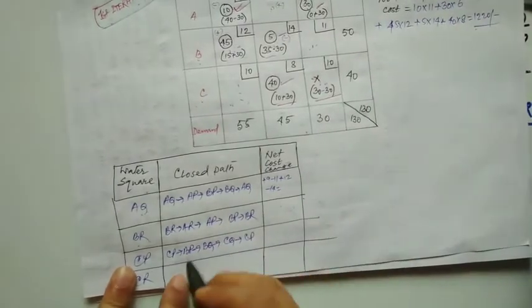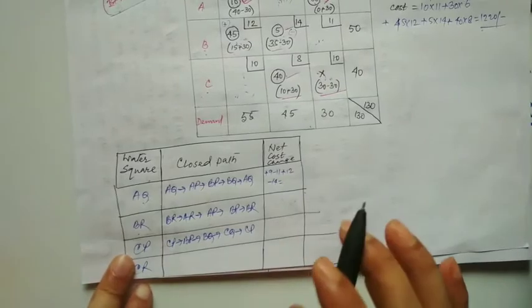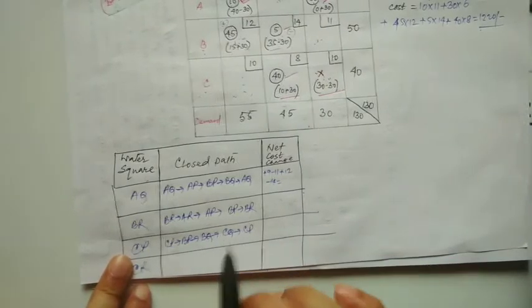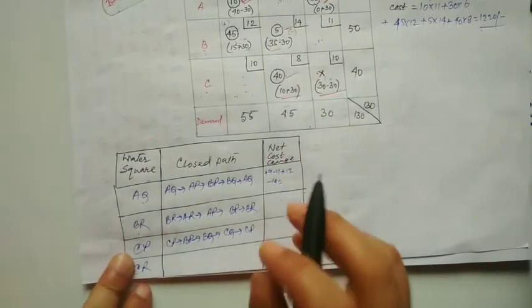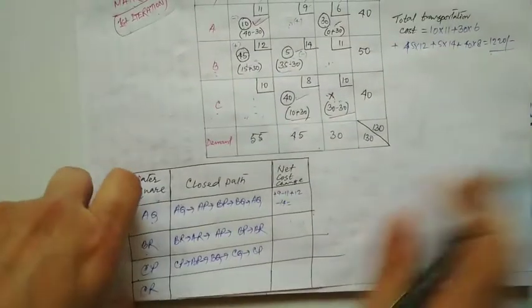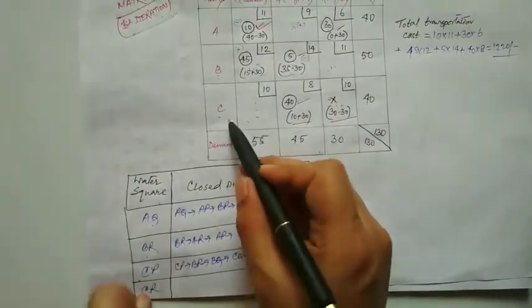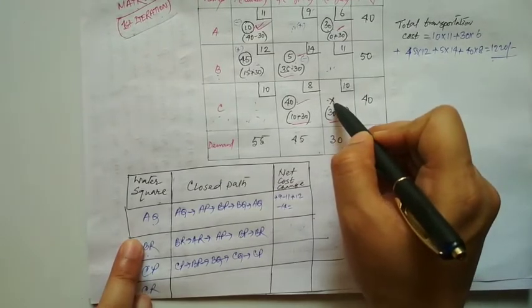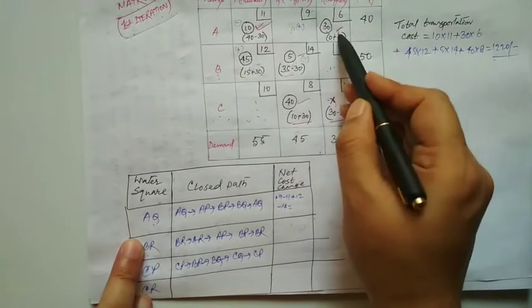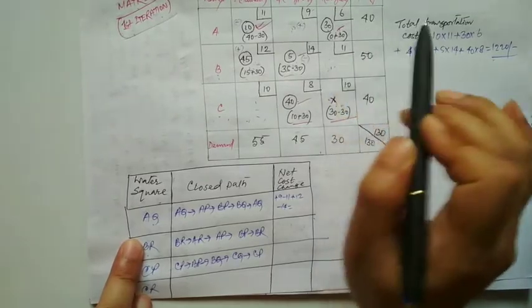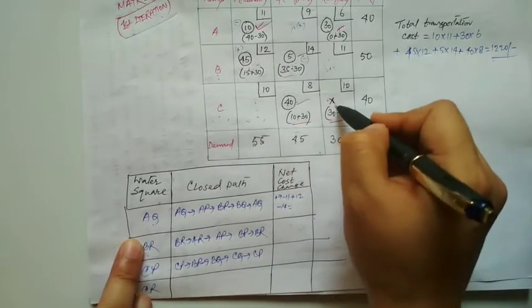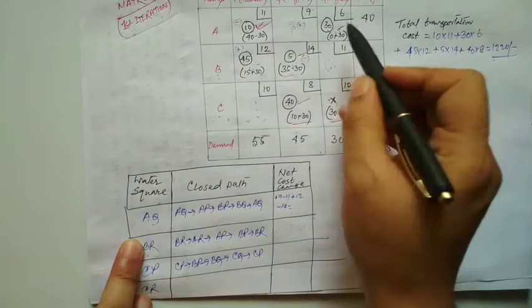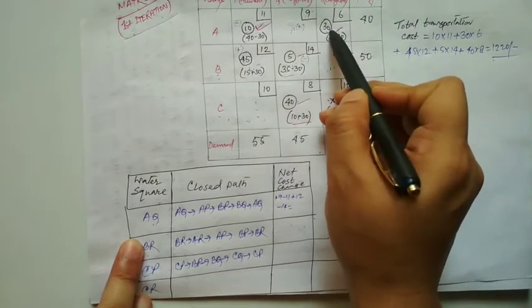Now for CR, we will calculate this one only. First we just need to find the path. That is the more important, more exhaustive one. So we will calculate first the path only. CR, we will start from here only. Then we will go to the AR. We have to go to AR because it is unallocated, we cannot take a turn. So CR, then AR, then we are allowed to take a turn.